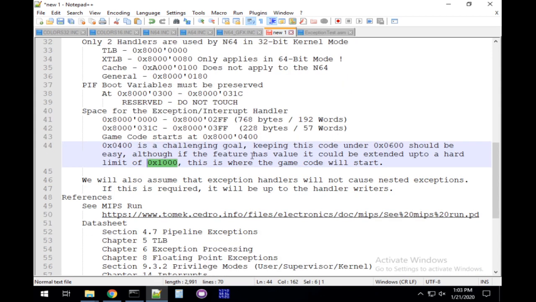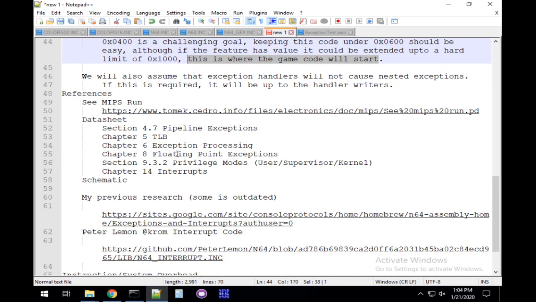And if we can truly add some value for those extra instructions, I'd be okay with exceeding 400 or 600. But 1,000 is going to be our hard stop. That is where the game code will start. So that's important. So throughout this little series here,